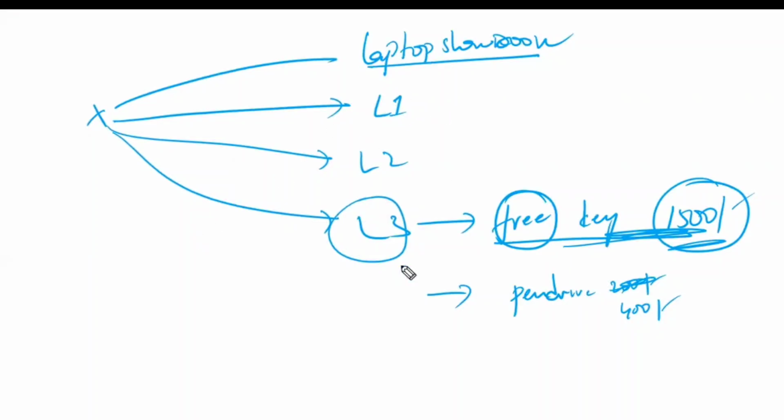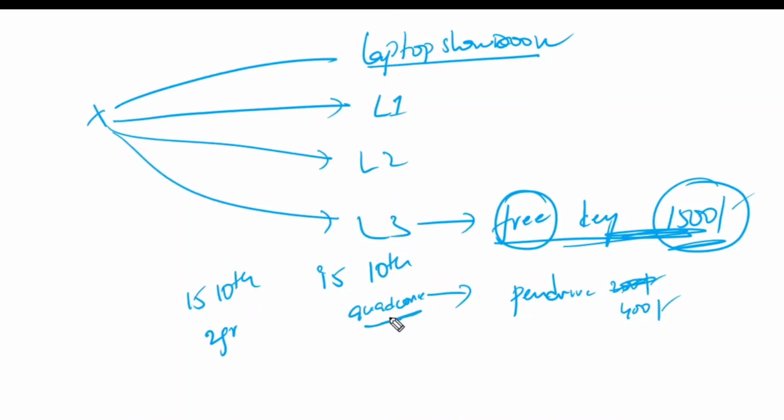Okay, it may not be applicable for all of them. For example, a particular person has gone to the showroom and asked for i5 with a 10th generation quad core processor. The salesperson shows him an i5 10th generation with 2 GB graphics. He says, I didn't ask for 2 GB, I asked for quad core. Tell me whether it is a quad core processor or not. If he knows the configuration and is strict about it, then these free offers will not be applicable. He will not be deviated. Another person is having a dilemma.